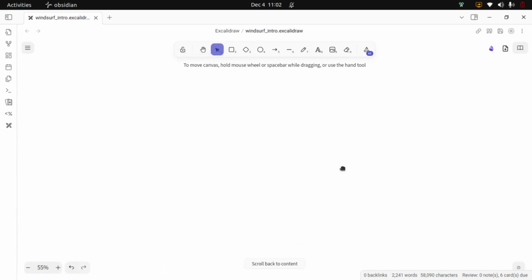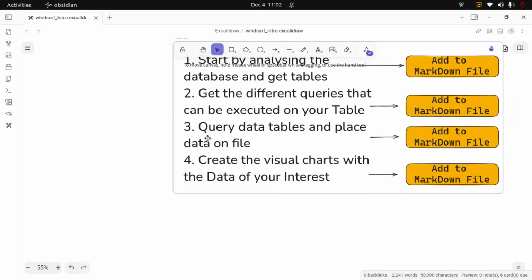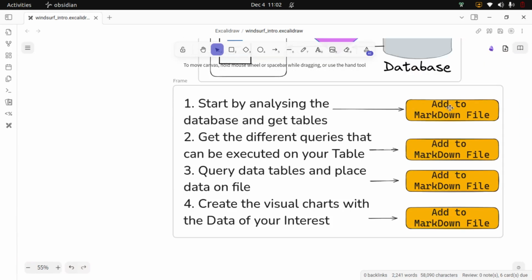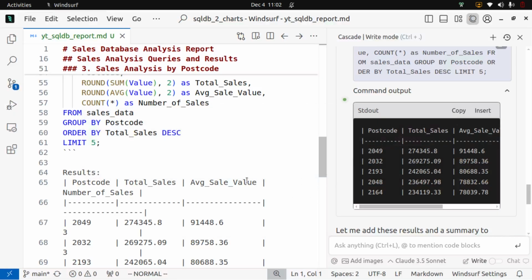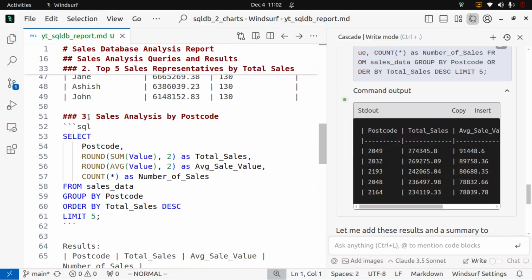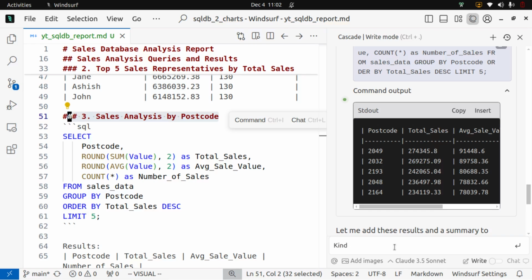So we have seen how these steps work. Start analyzing, update the Markdown file, get the different queries, update the Markdown file, query the data tables, update the Markdown file. So all of these steps have been done. But now I need the visual chart. So let us go back to Windsurf, and I'm going to tell it that I need the visual representation of this sales analysis by postcode. So I'm going to say that kindly provide me the